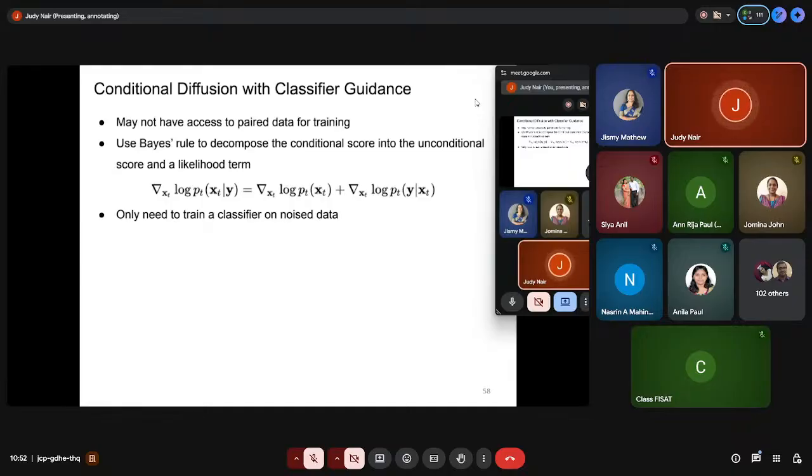Instead of generating any image, now we are going to guide the model. The initial proposed model was unconditional, but to get more accurate results, people introduced conditions into the diffusion model. That is called conditional diffusion. So instead of generating freely, we may guide the model to generate a specific type of image.